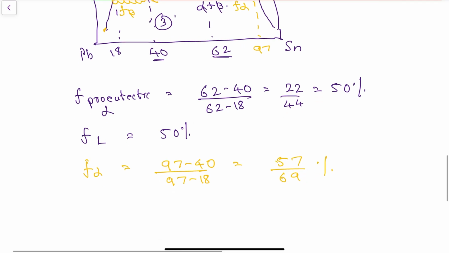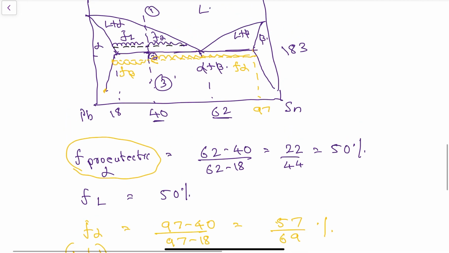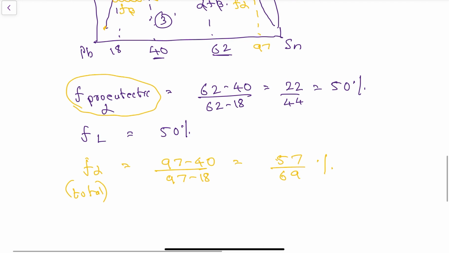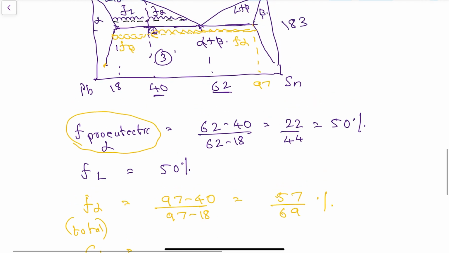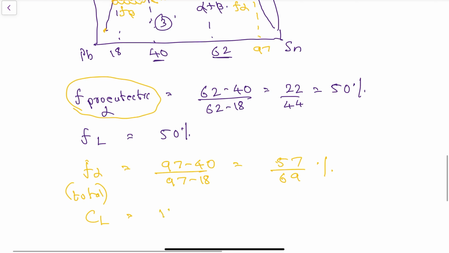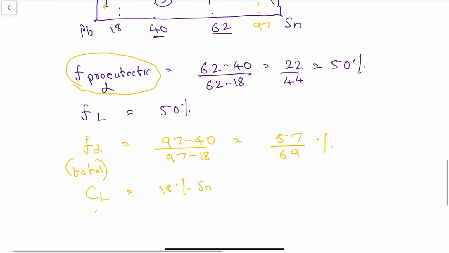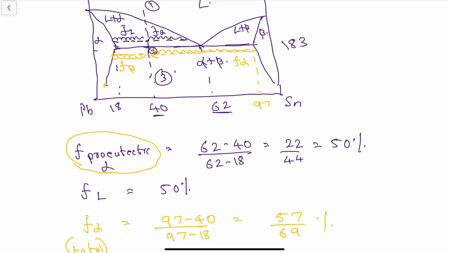You note that this alpha is the total alpha. Earlier, what we found was the percentage of proeutectic alpha. This is how you find it. And if you take this point, if you look at the composition of alpha for this line, this is 18 percent, and the composition of beta is equal to 97 percent, just below the eutectic point. So this is how you use the tie line rule to find the composition and relative amount of phases. So the tie line rule is very